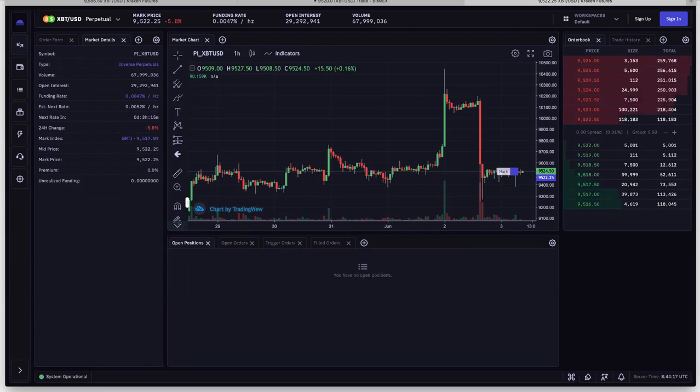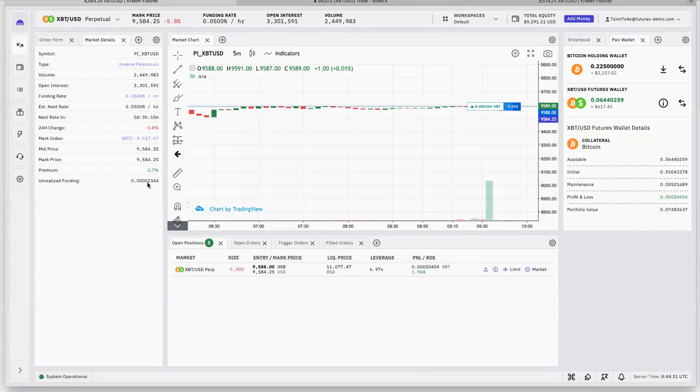So I guess this maybe happens on other exchanges where there is a discrete moment at the end of the funding period where the payment is made. But on ours, as you saw from Kevin in that position on demo, the funding is paid out in real time. So as long as you have that position open, you will be either paying or receiving funding.